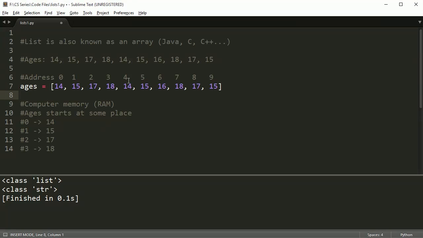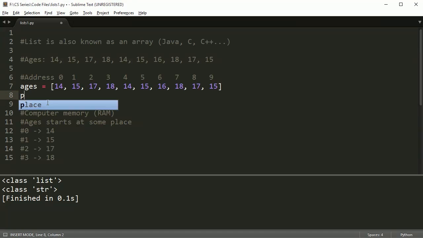But let's say I wanted to print out this value here. I want to print out 14. So how do I print it out? Well, you're still going to use these square brackets, but you're going to use it in a slightly different way. If there's no equal sign, meaning if I'm not assigning a list to something, these brackets then change into accessing